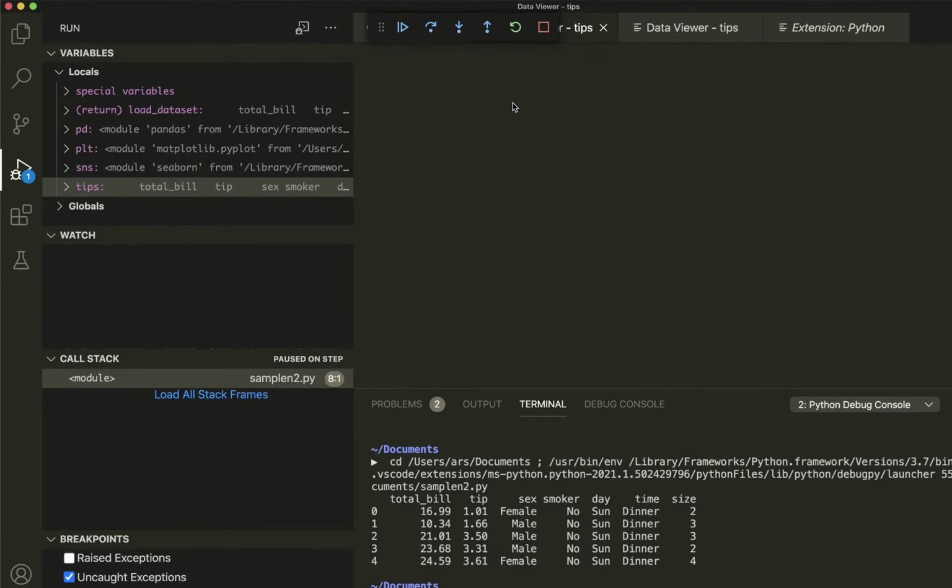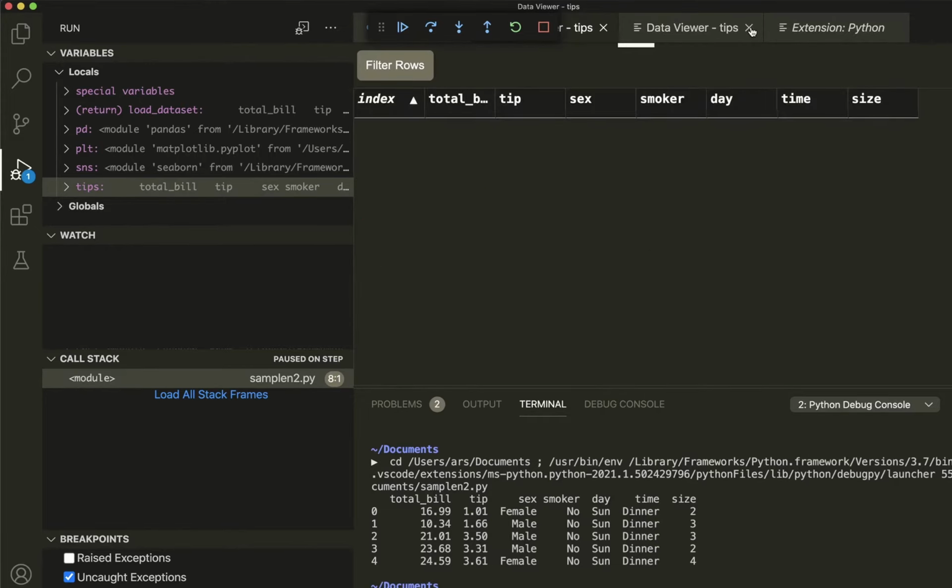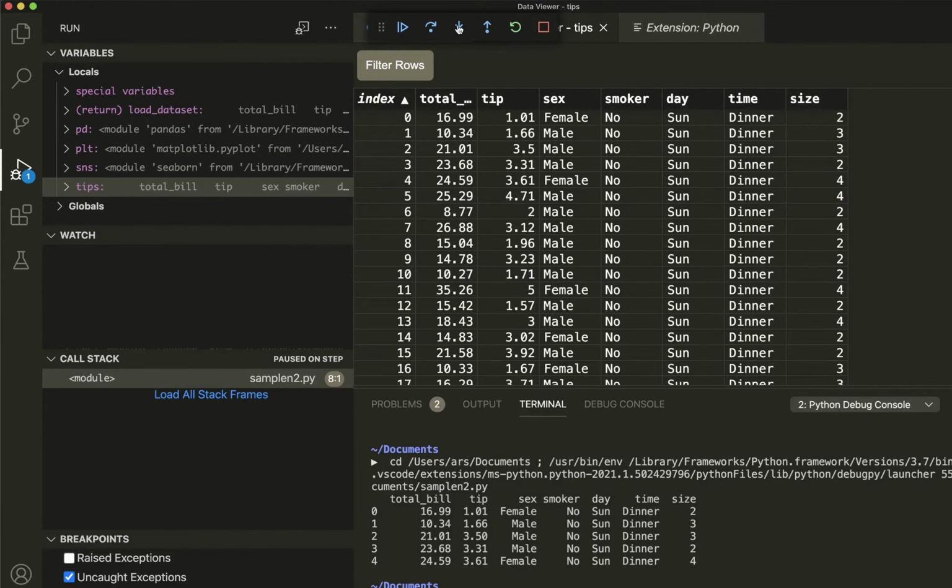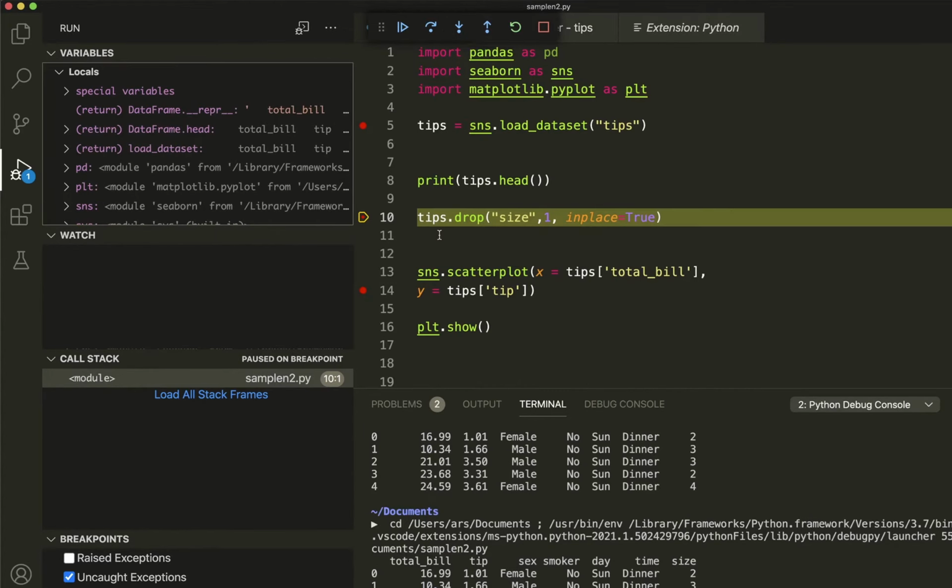So you can see the tips is being displayed now. I'm going to close this to avoid any confusion. So we have one tips. So I'm going to go ahead again. There is a tips.drop.